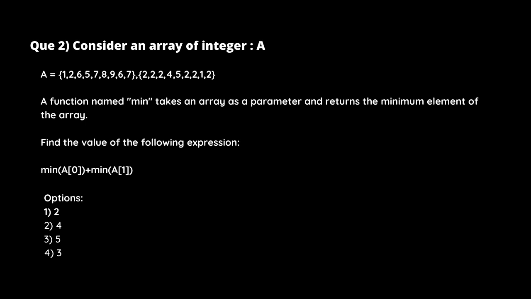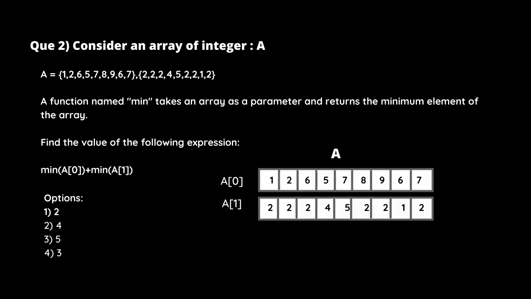So first of all, let's see, this is the array. This is nothing but a two-dimensional array. In this particular array, the first index is A of 0 and the second index is A of 1. In the first part of the array, we have 9 elements, and similarly, we have 9 elements in A of 1. Now when we look at the expression min A of 0, it is given in the question that this particular function returns the minimum element from that array. So for example, this function is called for A of 0. Now what will happen? This particular expression will return the minimum value from the first array, which is A of 0.